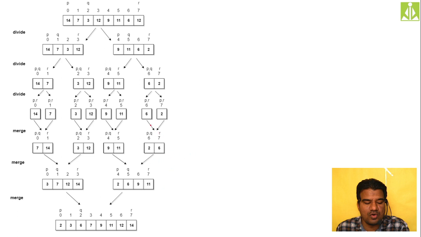Every time we are calculating P, Q, and R, and based on the values of P and R, we are subdividing the list. As you can see, this big list is divided into two subportions, where every subportion is further divided. Here also every subportion is further divided. Like this we got, finally, my problem at the atomic level, where the problem itself becomes the solution.